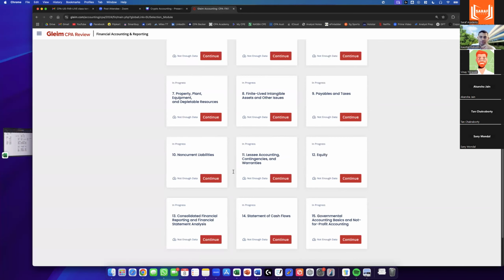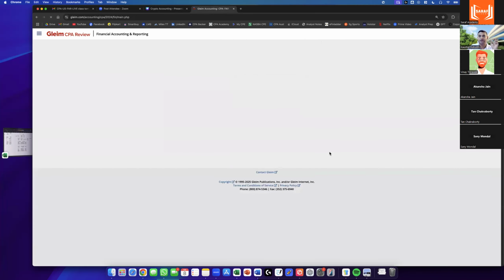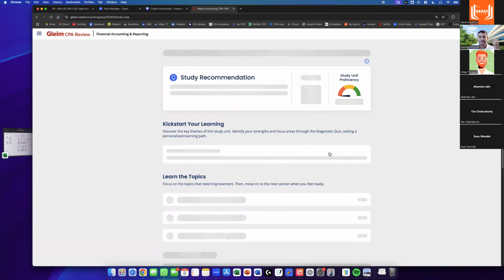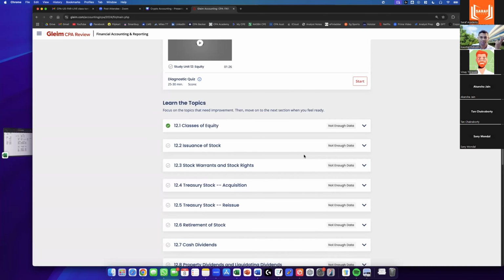All right, if you go into study unit number 12, which is basically equity, inside equity you'll be learning things related to treasury stock, again acquisition, reissue, stock warrants, again classification or classes of equity. What are the different